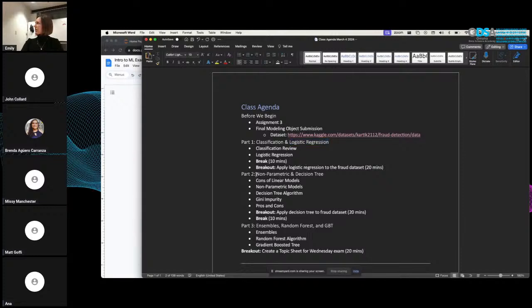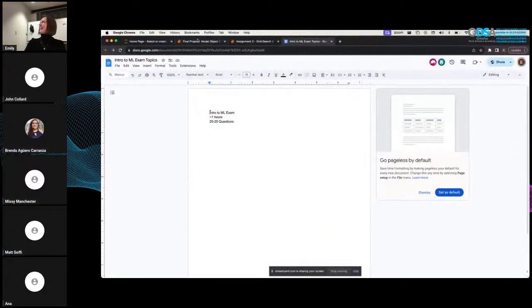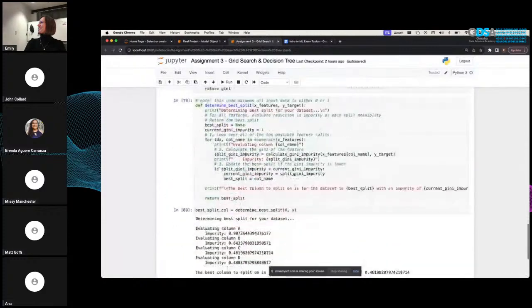And then we're going to talk about non-parametric models today, and specifically a decision tree. This is probably the most difficult assignment that I have, I think. The reason it took me so long to get the assignment out is because I always do all these myself too. What I had originally written was for you to code an entire decision tree by hand. After the 3rd to the 4th hour of trying to do that myself, I thought this is way too much. So it's not quite as much as I had anticipated.